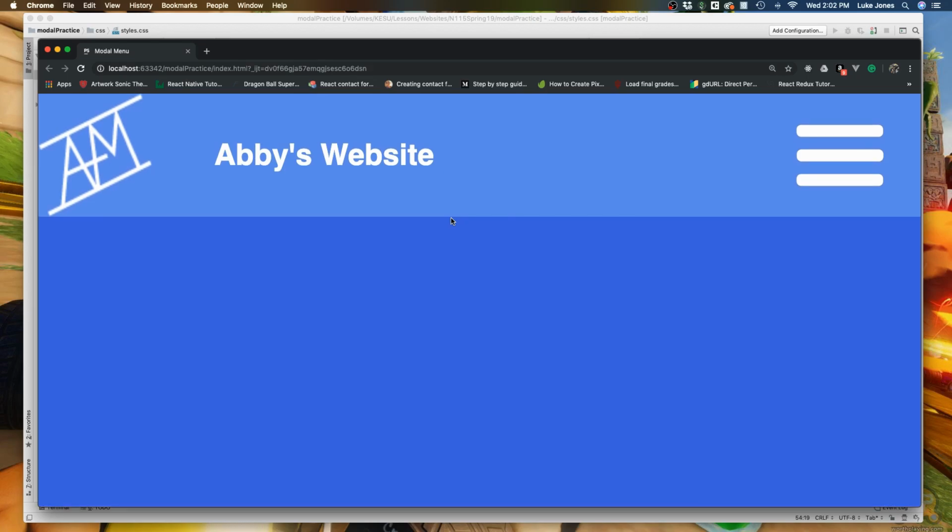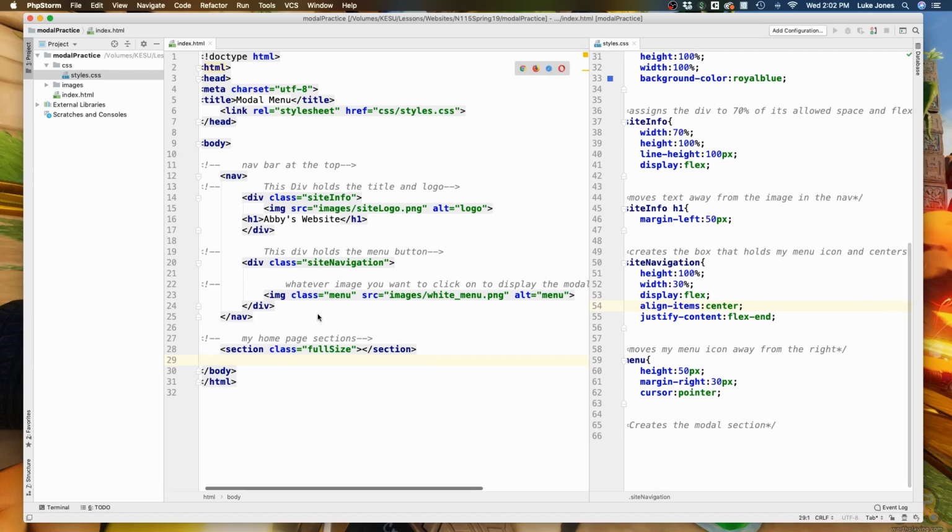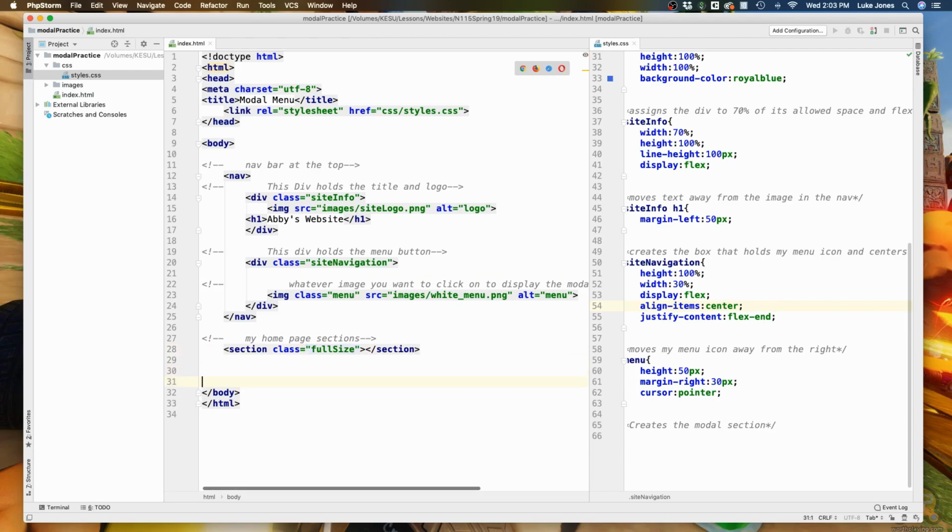So, first things first. This page for me is a full-size website. The first thing I want to do is I've got my navigation and a makeshift section here for information that would go inside. So the next thing I want to do is go ahead and code out my modal. So here